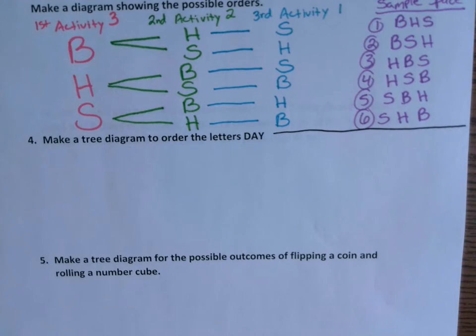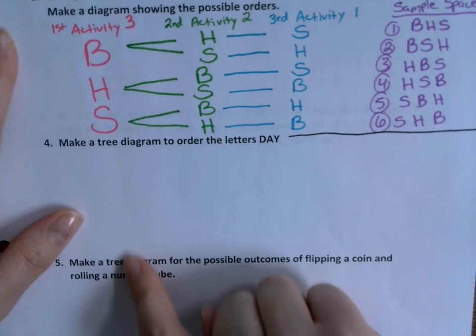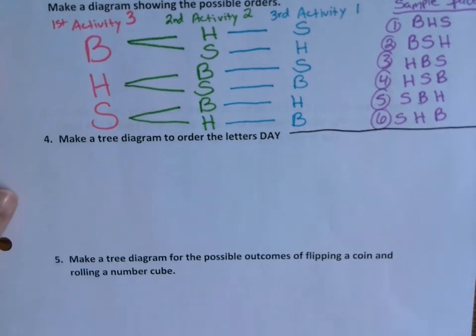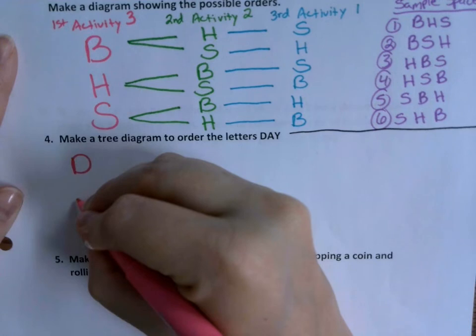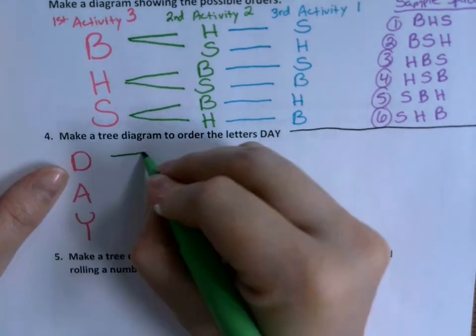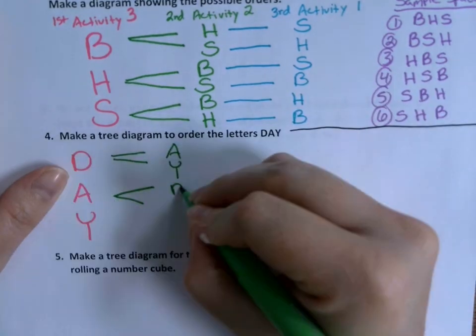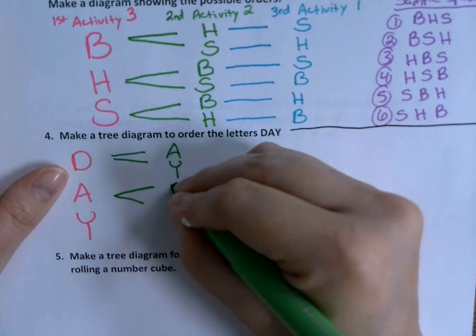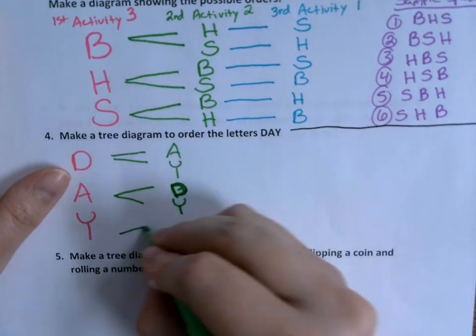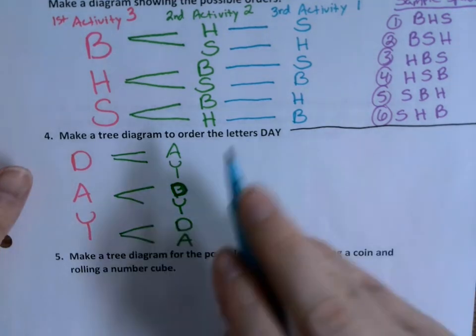For our first activity, how many choices do we have? 3, right? You could choose the letter D, you could choose the letter A, you could choose the letter Y. For my second activity, how many choices am I limited to? 2, right? If I chose D, then I would choose either A or Y. If I chose A, I'm left with either D or Y. If I choose Y, I'm left with either D or A. And then for my last one, I only have one outcome left to choose from. It could be D-A-Y,